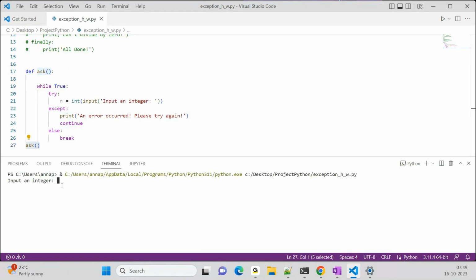So here it is asking input an integer. I'm going to give pound as symbol. So it is telling an error occurred, and again immediately it is asking the integer automatically. So I'm going to give E and enter. It is again asking for an integer. When I give 3,